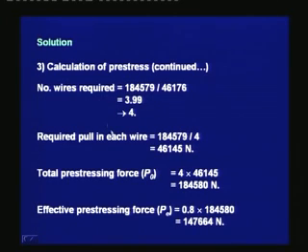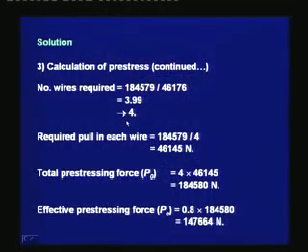Thus, the number of wires required is equal to 184579, which is the prestressing force at transfer, divided by the maximum prestressing force that can be applied in one wire, which gives us a value of 4 wires needed within